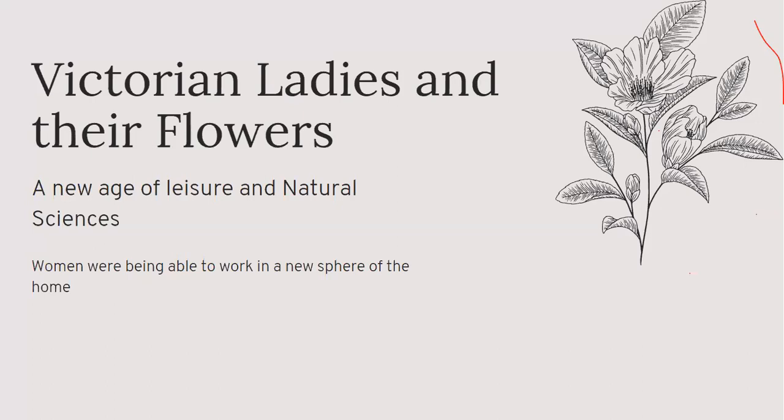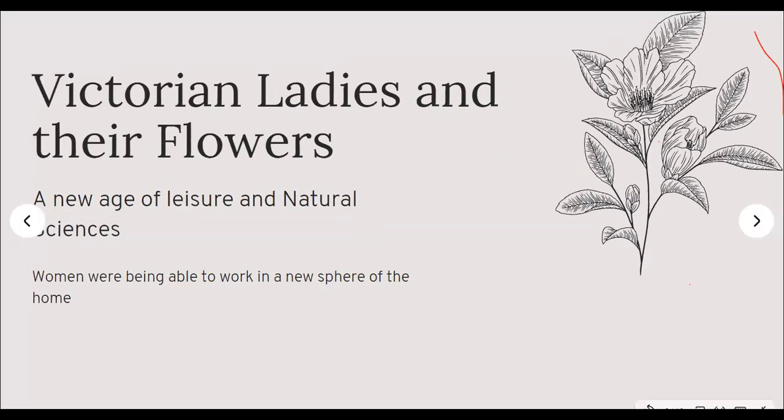And then you have these naturalists who are out in the field collecting the items to bring back to the closet scientists. There's almost a kind of competition. The closet scientists think that they know it all, and then you have the naturalists who are out there who understand how it all fits together and how an organism lives. And now women are also going out into nature